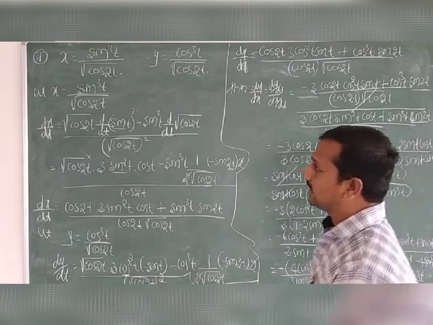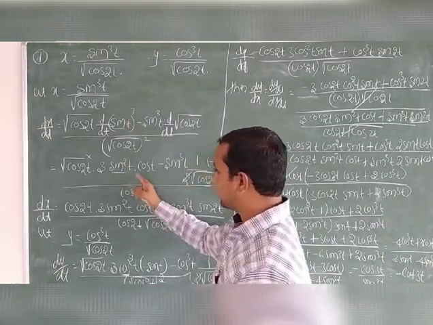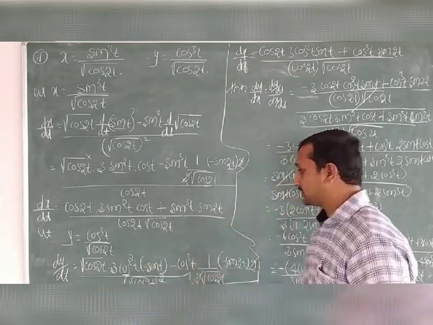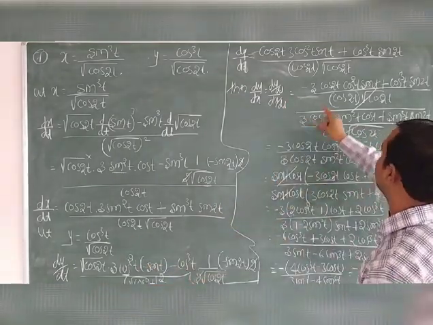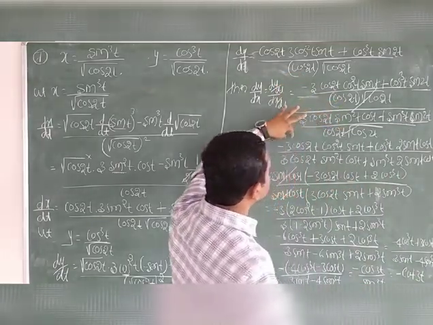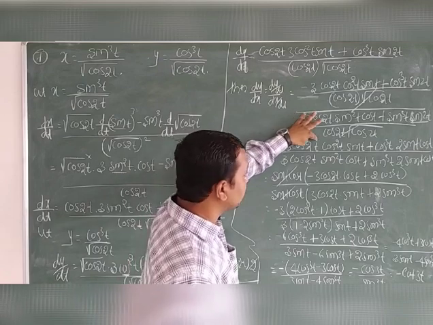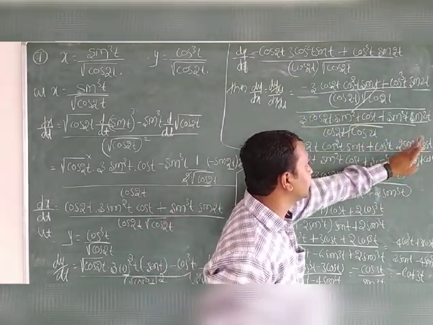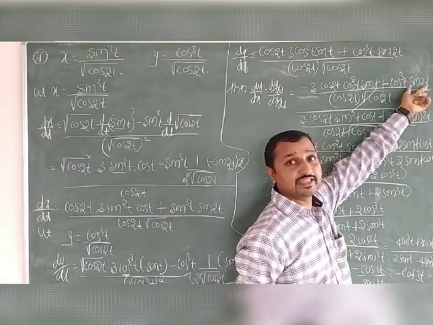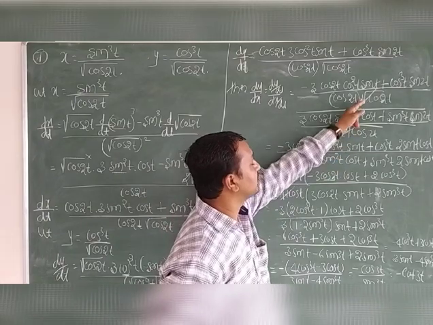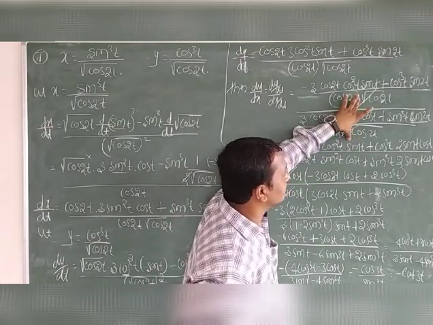So by using the u by v rule I can solve dx by dt, and here again by the u by v rule I can solve dy by dt. Then dy by dt is equal to, here in the numerator we can cancel, and the remaining term is minus 3 cos 2t cos square t sin t plus cos cube t into 2 sin t cos t, because sin 2t can be written as 2 sin t into cos t. Same as this numerator term, both terms' LCM gets cancelled.